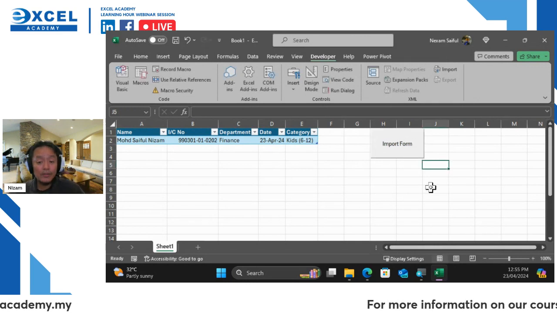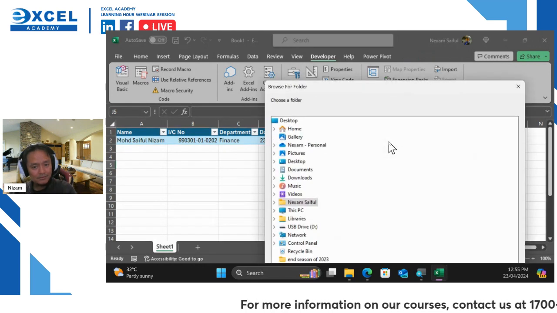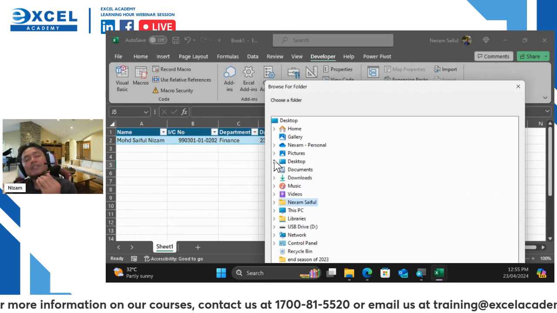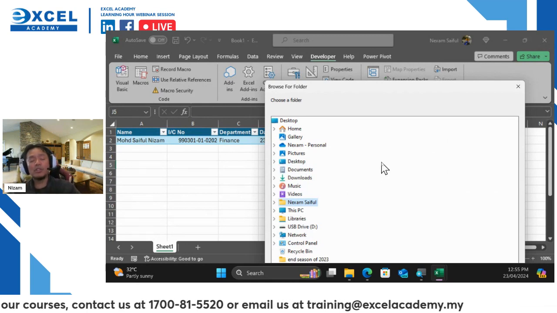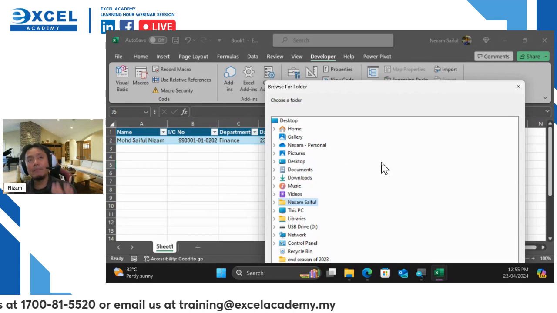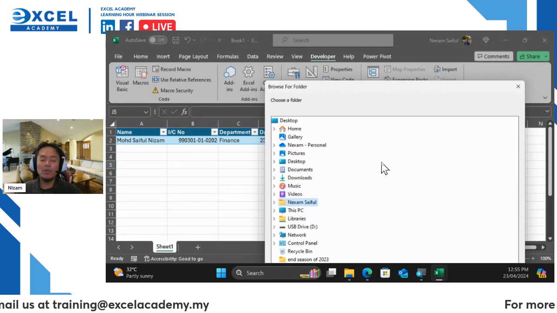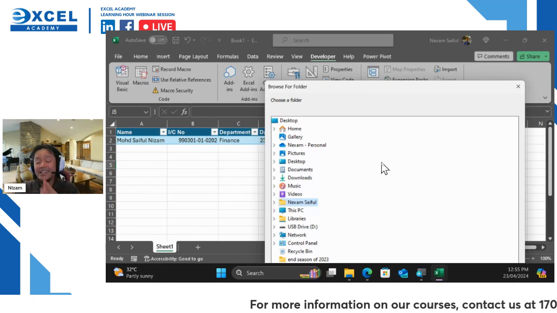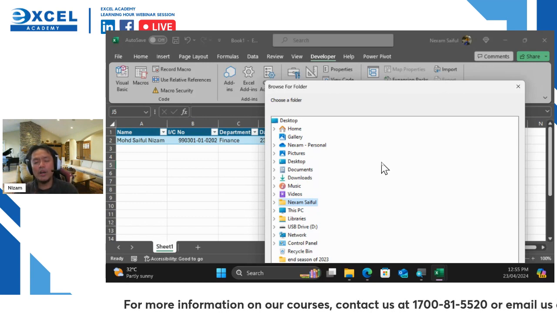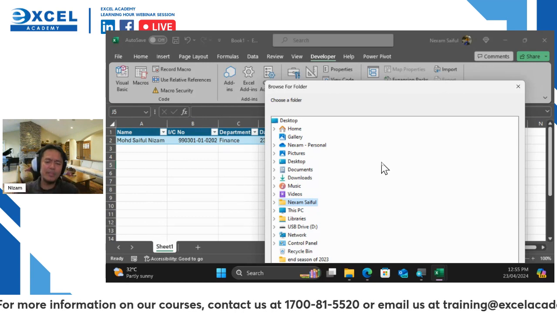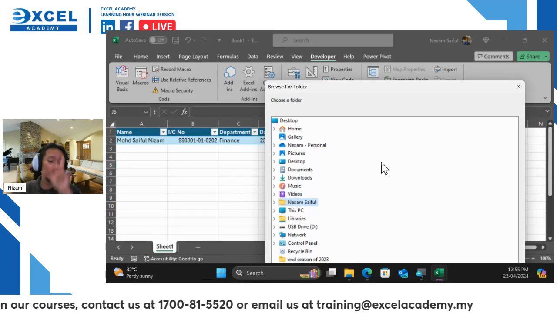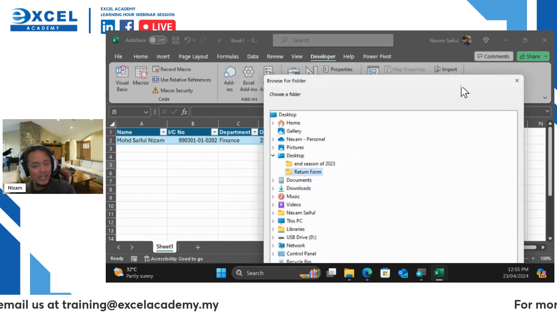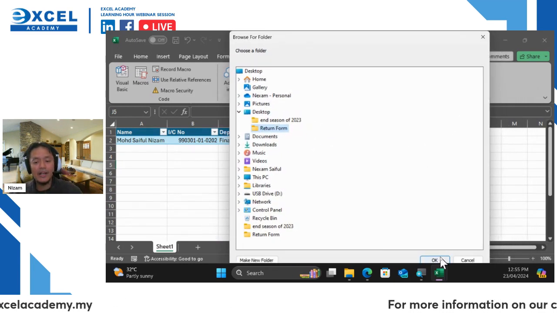Then, what I do, I just click on this button and it will ask me where the folder is. The folder is inside my desktop. Guys, why am I not directly going to a certain folder? Because if I directly go to a certain folder, whoever is in this stream or in this live, when they see this, they need to change that particular code. So I don't want you to change that particular code. We just control from here, easy and more modular for you to try. So in this case, I'm going to use the desktop return form. Remember, in this return form, I still have Nizam, so I should have two Nizam in here. I click OK, guys,